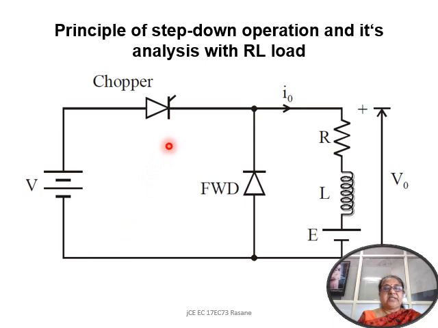During the on time, we have seen that there are two modes. During the on time, that is when the chopper is on, the freewheeling diode is not into picture and the input supply is connected to the load directly for the on period, which we call mode 1. And in mode 2, we have the chopper which is off and the freewheeling diode comes into picture, and the voltage or charges that are stored in L will be discharged through the load again through the freewheeling diode.